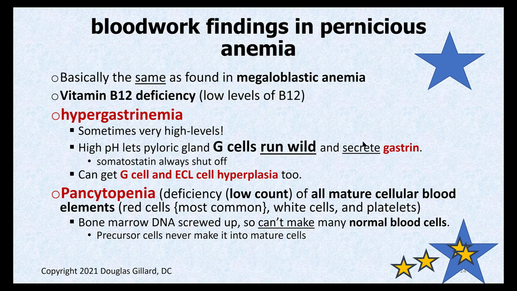Back to the endoscope again, you can look down in the fundic region or the pyloric region of the stomach. You could look in that region and see that the G cells are hypertrophic from overuse, just like a bodybuilder lifting weights. If they're working all the time, they're going to get big and strong. And same with the ECL cells, which are being stimulated by gastrin to create histamine. So those are going to be bodybuilders. Those are going to be big as well.